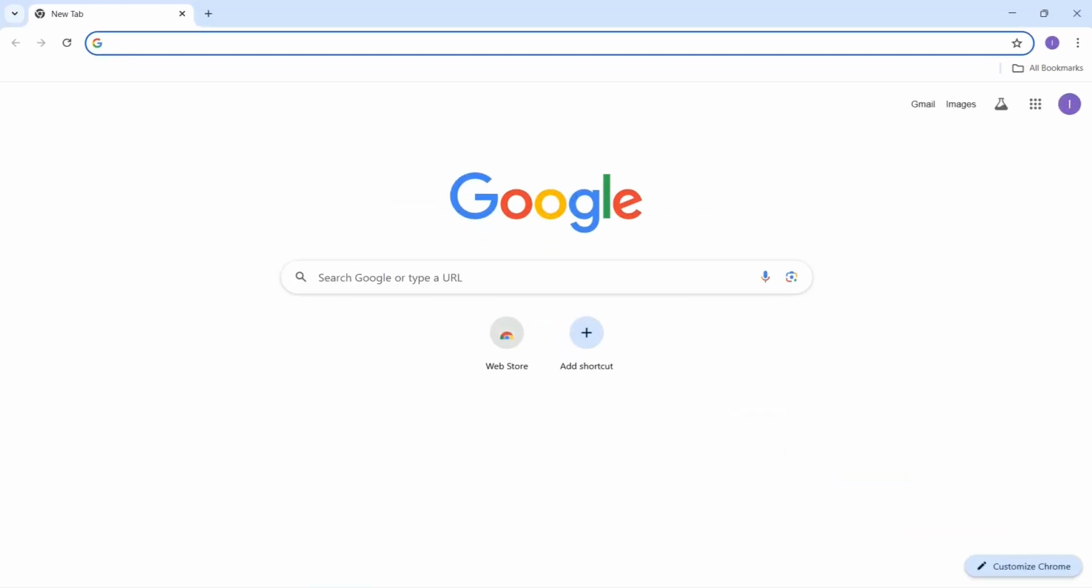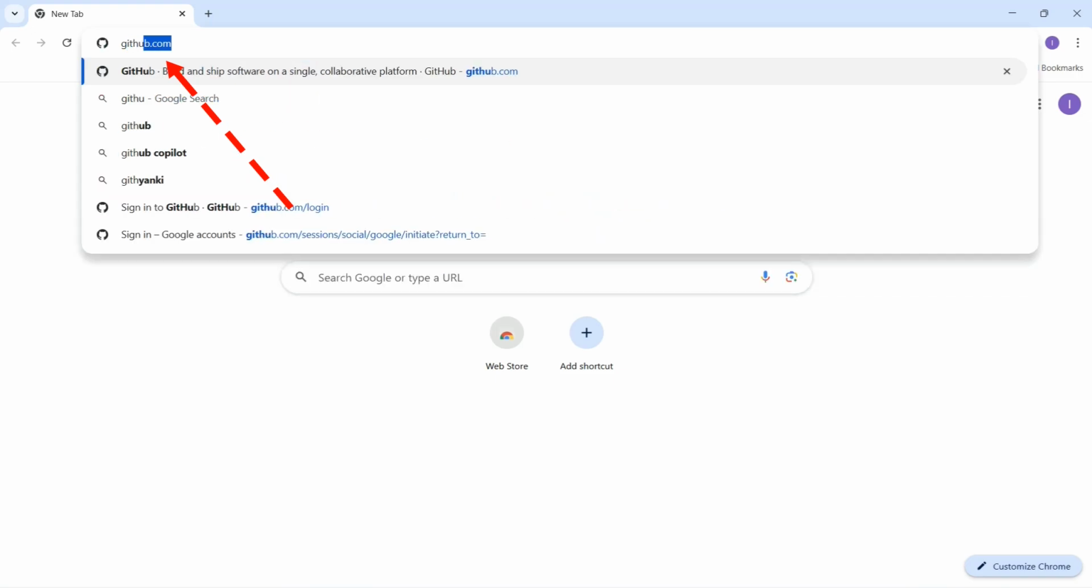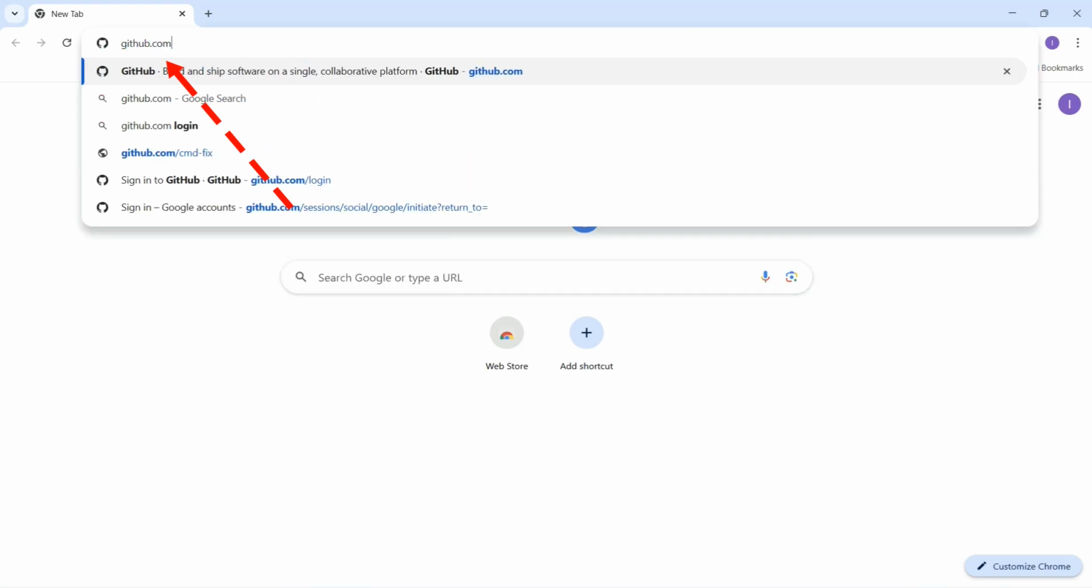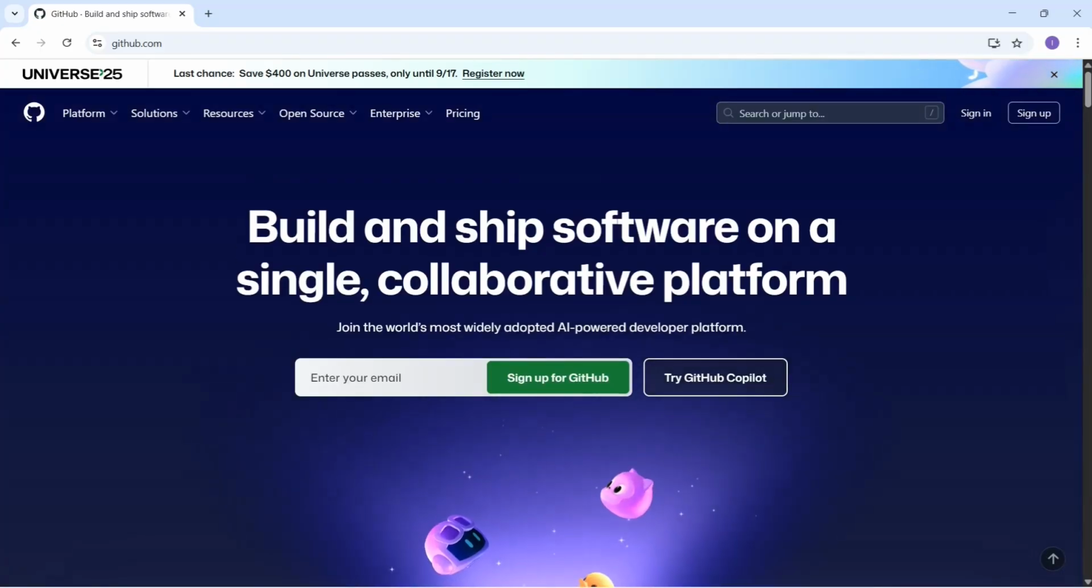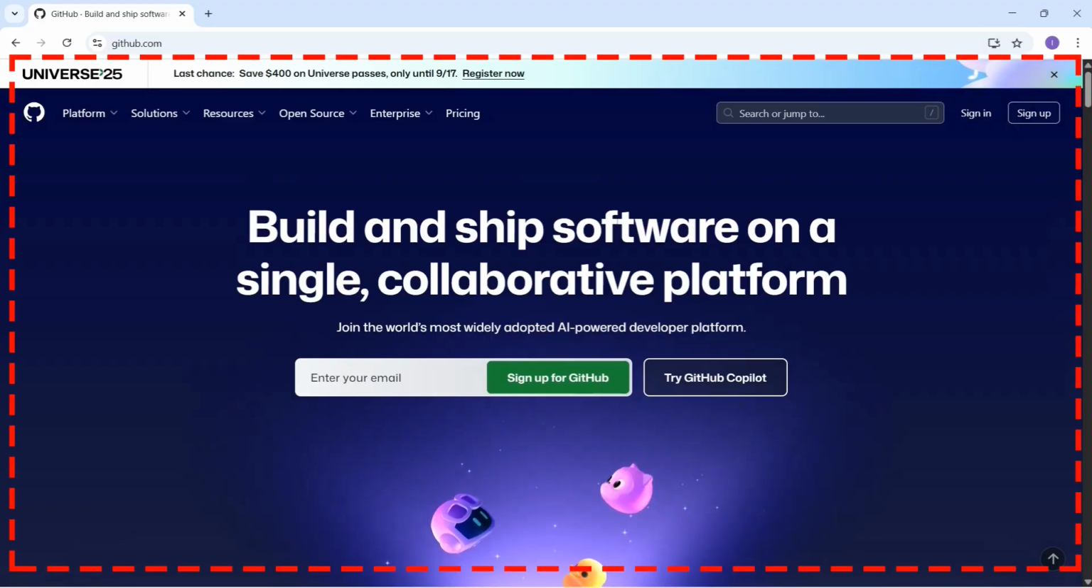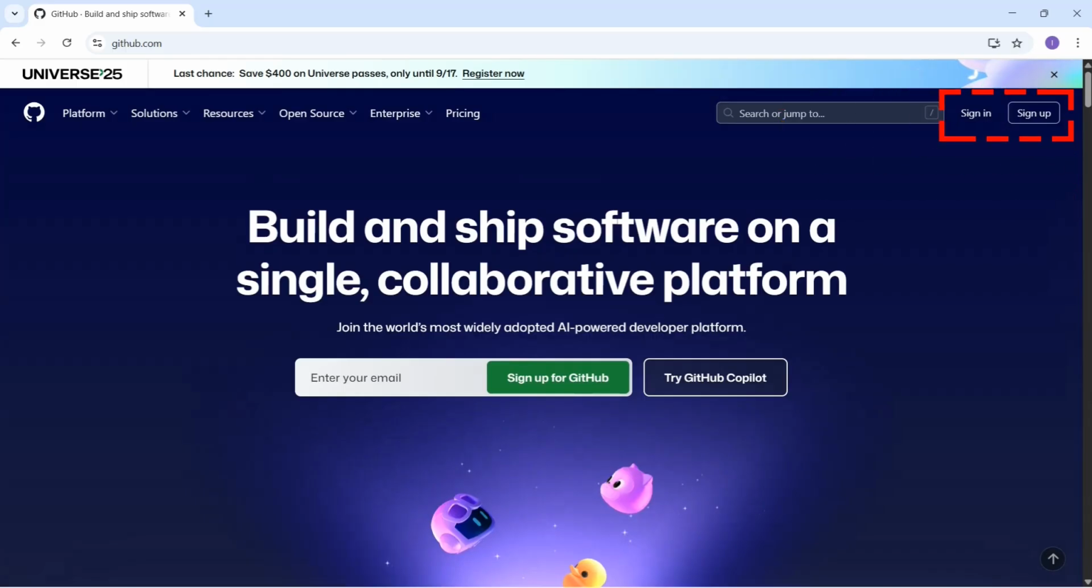Let's get started. First, open your web browser, click on the address bar at the very top, and type github.com, then press enter. Now, it will take you directly to the official GitHub website. When the website loads, you will see the GitHub homepage where there are many options and information, but the most important part to notice is in the top right corner where you can see two buttons called Sign In and